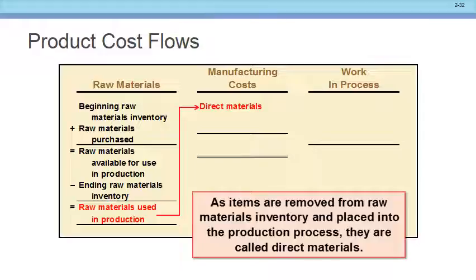So, I mean, you really got to memorize this slide. But you also have to memorize what our manufacturing costs are. Our manufacturing costs, you really already know, are going to be what? Our direct materials and our direct labor and our overhead, right? You know that those are your manufacturing costs. So we've got our direct materials and our manufacturing costs, don't we?